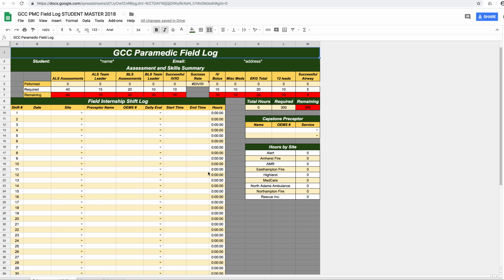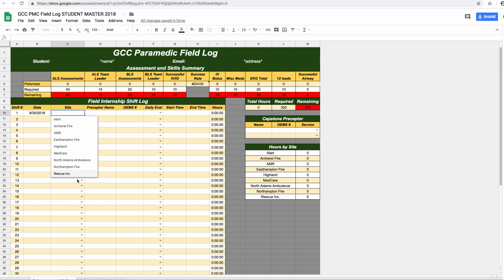Once you've logged in, you only have two separate tabs for this one. This one called Summary and Shifts, and another one called Call Log. You're going to start here on this page by entering your shift in. So you're going to enter the date of your shift, the site where you rode, the name of your preceptor, their OEMS number or national registry number,